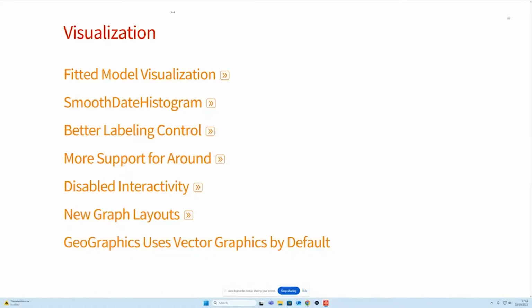Another mainstay of Wolfram language, of course, is all kinds of beautiful visualizations. We've been doing a little bit of work here. The first is actually around the things I've just been showing you, which is as we've been improving model fitting and data smoothing,